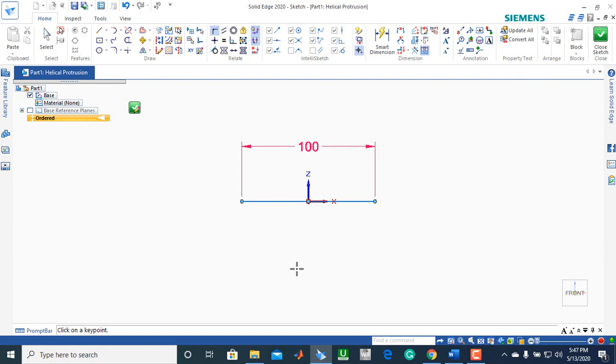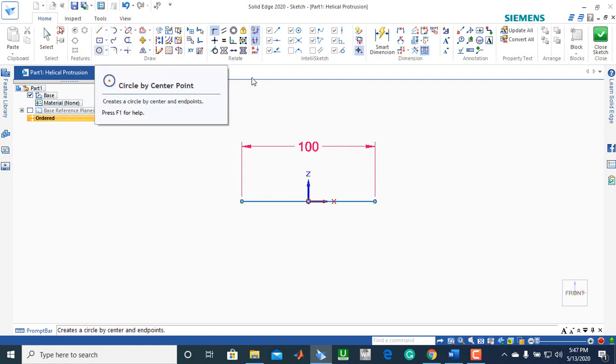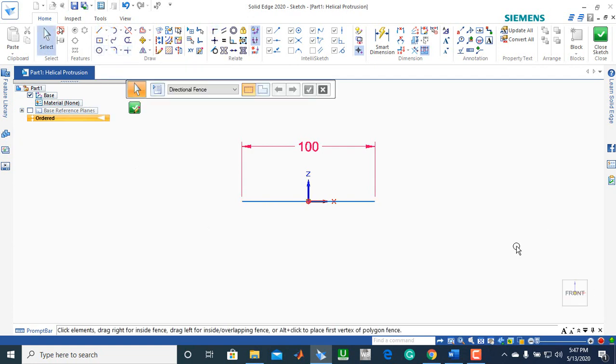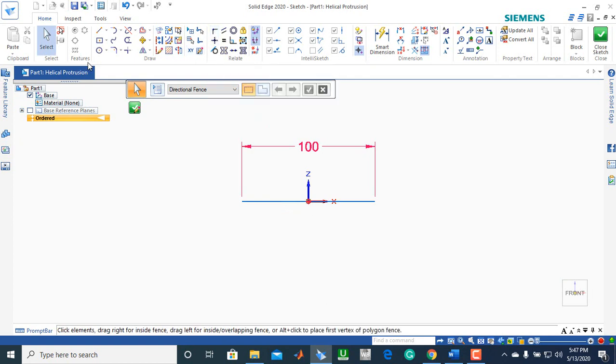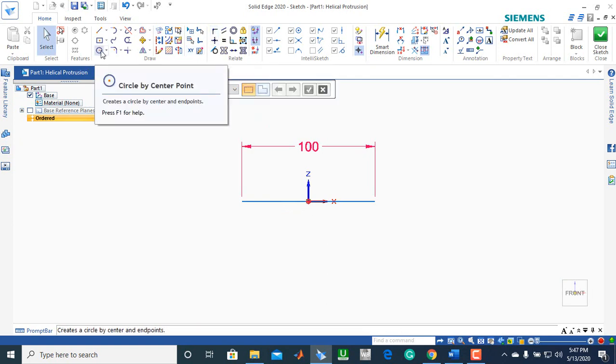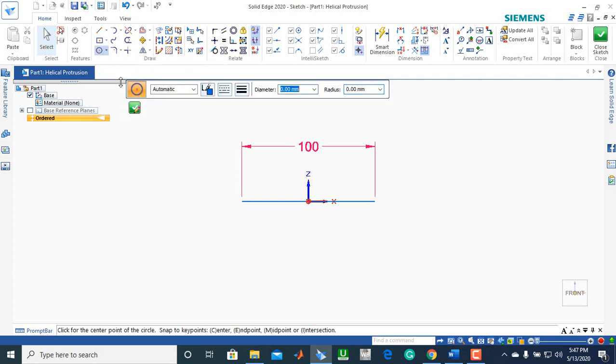After you do that, the next thing is you press escape, so that you are out of the connect command, and you go on the circle command. Click on the circle command, come here, make sure that line is highlighted and you're on the edge of this line. Then push your mouse down, you will see those dotted lines appearing. Once you move a certain distance, click and draw your circle.